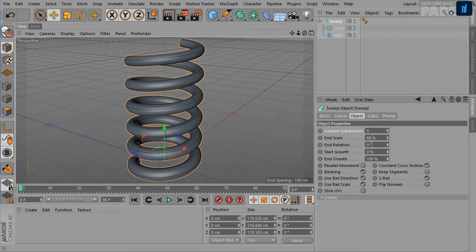Then we have the attribute for end rotation. It defines the rotation about the Z-axis that the contour has passed through by the time it reaches the end of the path. Then we have parallel movement.